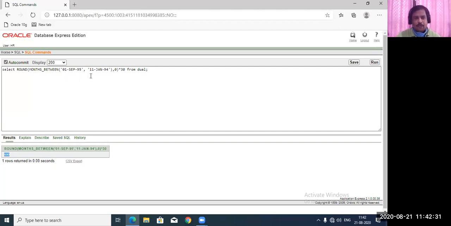Directly we cannot calculate the number of days between two dates, but it returns months, so just apply your arithmetic operations and you can make any type of values here: number of months, number of weeks, number of years, whatever unit of measure you have on a date or a number of days. So this is about MONTHS_BETWEEN.